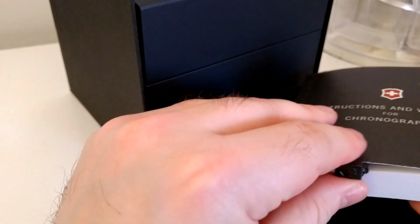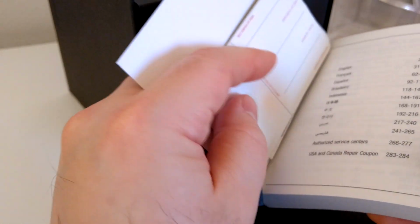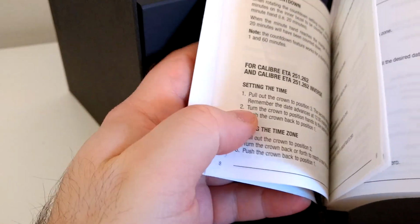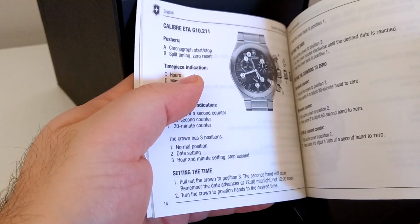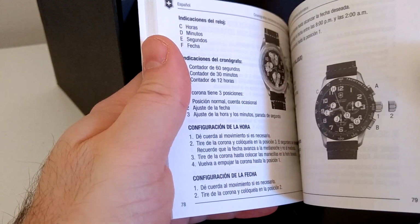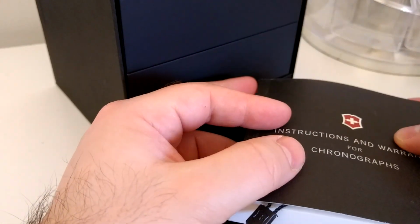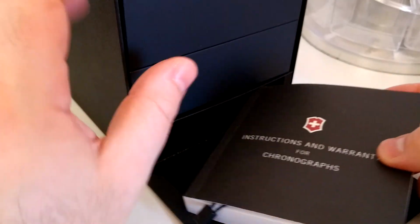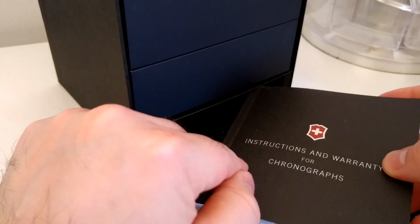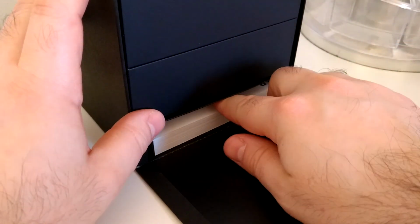Some papers, the tag, the card, which is not signed, the manual for like older watches, maybe I don't even have the right manual because it's not a chronograph. So anyways,